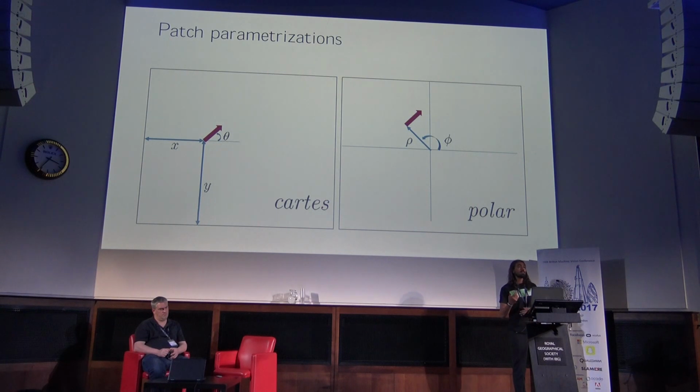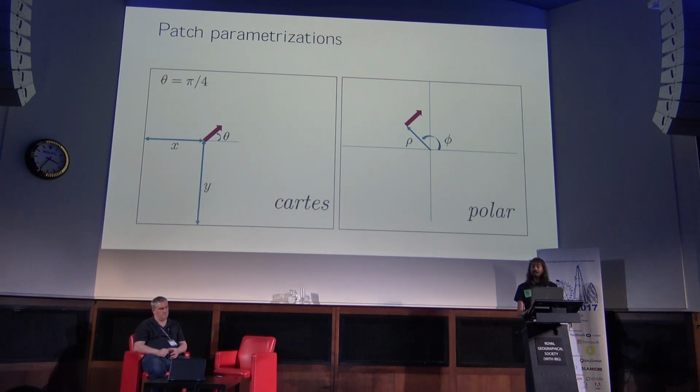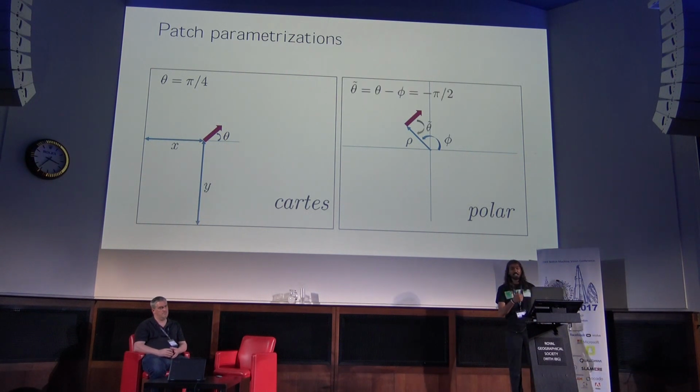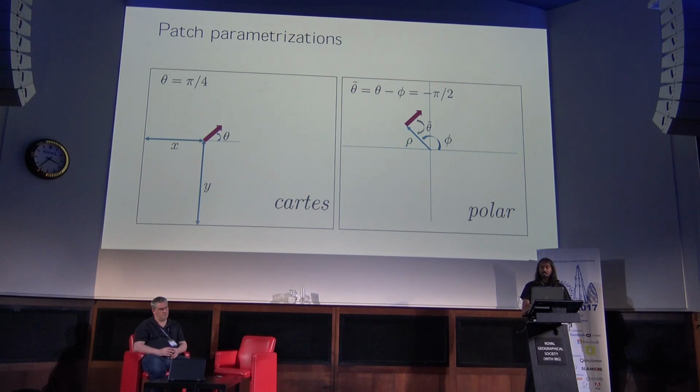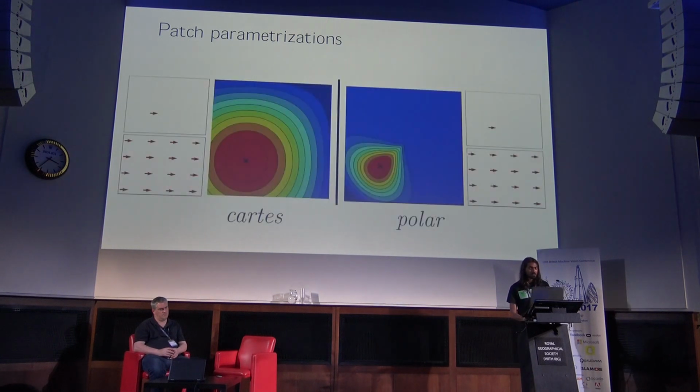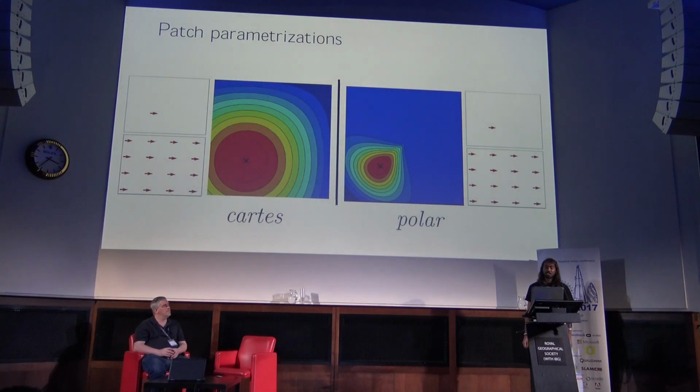Now we have seen that the parameterization so far is in terms of x, y, and the gradient orientation. But obviously we can use different kinds of parameterizations, which give us different behaviors. So for example, in the Cartesian case, we can have x, y, and the absolute gradient. And in the polar case, we can have phi, rho, which is radius, and angle from, let's say, horizontal. And in this case, we use something called a relative gradient. Basically, the reason we use polar coordinates is we want some tolerance to rotational misalignment. And in this case, we are forced to use something called a relative gradient. Let's see what these parameterizations look like.